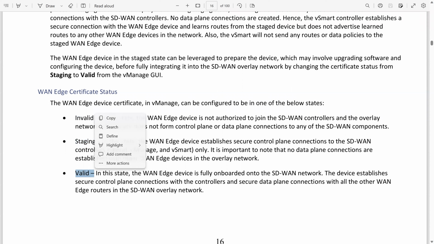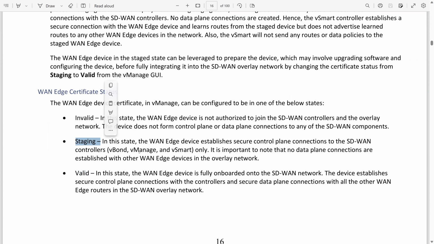Now think like this, that you want to onboard a device today, but you don't want that device to take part in any routing, any OMP, anything. You just want to onboard. You want to make sure that all the configuration is there, the tunnels are there, everything is proper. You just want to onboard that device. But maybe you want to activate that device after 10 days or 5 days or 11 days. So what you can do in that case, you can make that